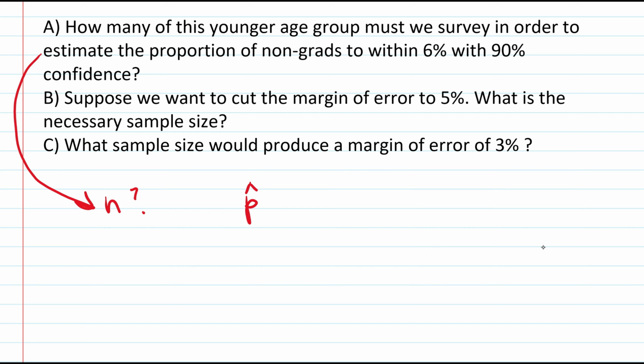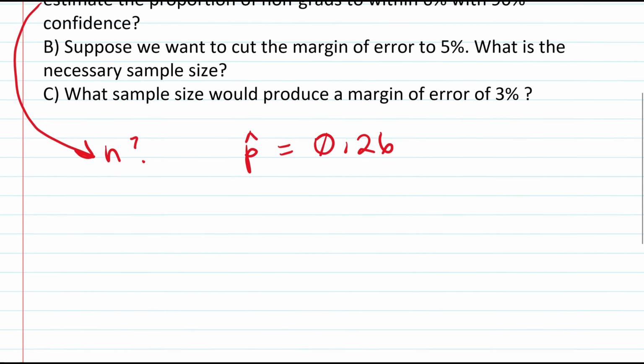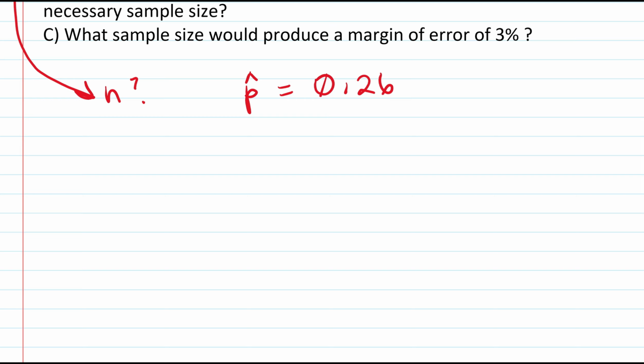All right, so remember that for future problems if this situation occurs. However, in this case, we use the prior estimate of p hat, which is given as 0.26. All right, so this is found for adults over 50, and that's the best guess for p hat for us. All right, so then we use our formula,